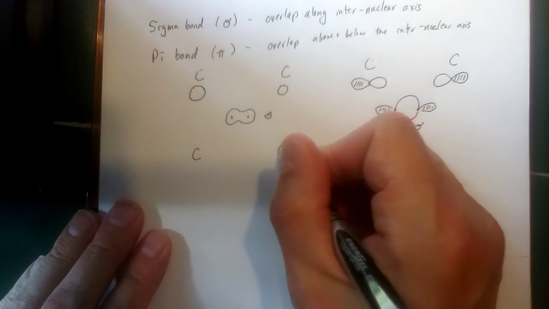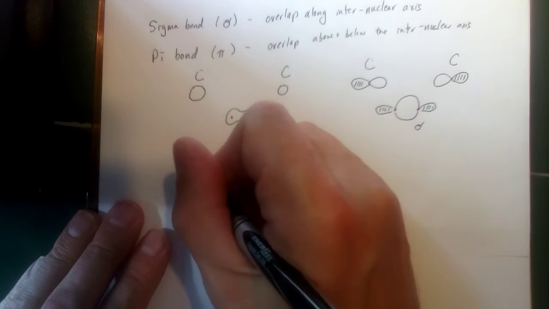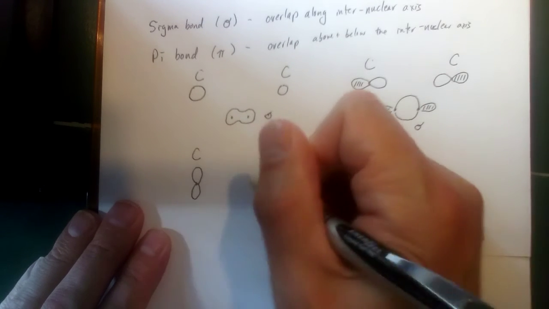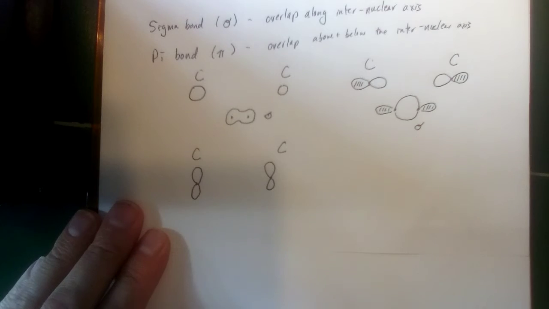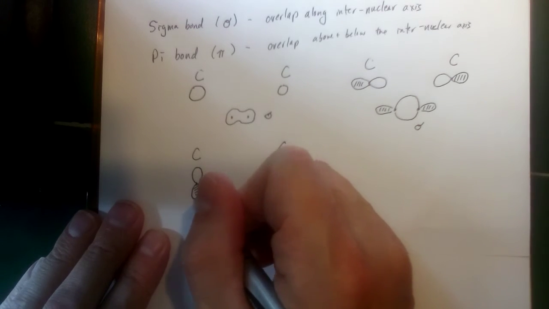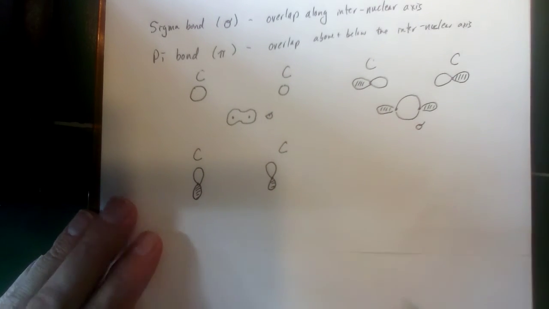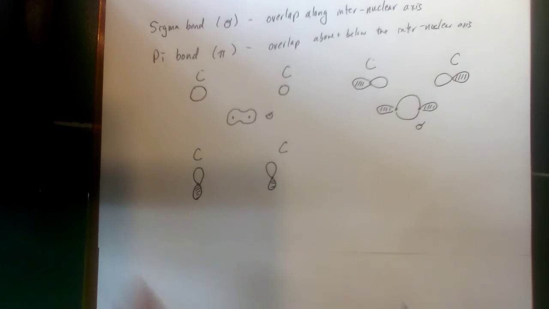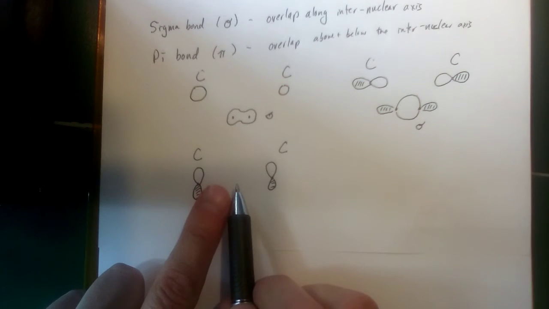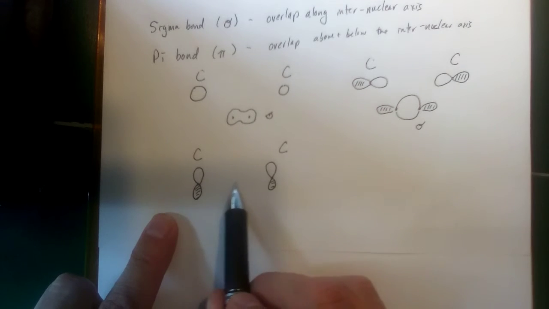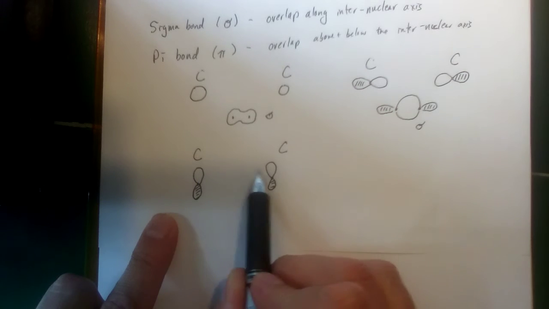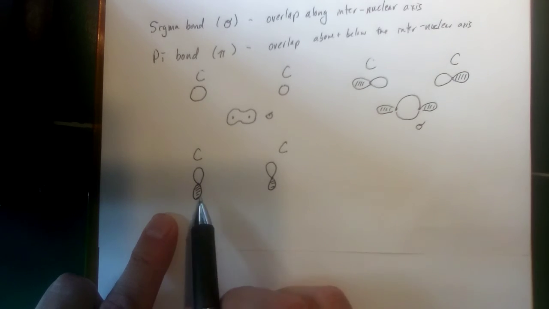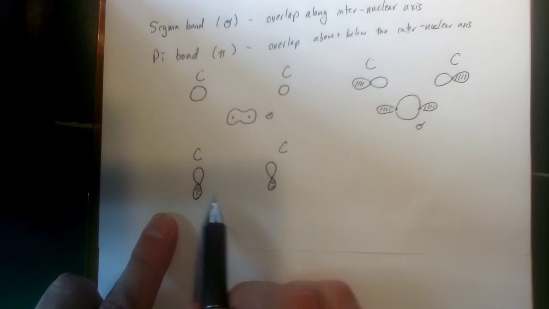So again, if we bring two carbons together, but we think about this p orbital, the one that would be perpendicular to the axis of the bonds, right? But easy to draw in the plane here for us. There's another one that's perpendicular that would be in and out of the plane, which is a little harder to draw. If we start to bring these two orbitals together, we're not going to get overlap in between the nuclei, but we are going to get interaction of the orbitals and overlap of the atomic orbitals above and below the